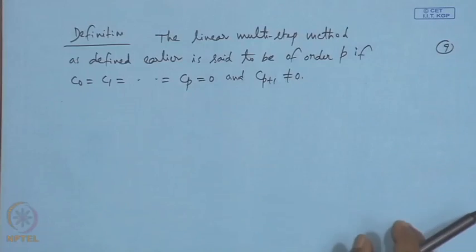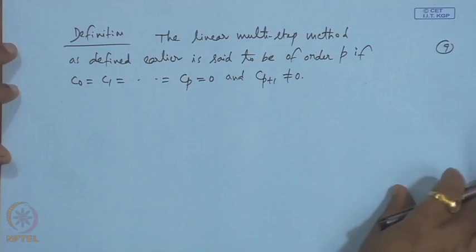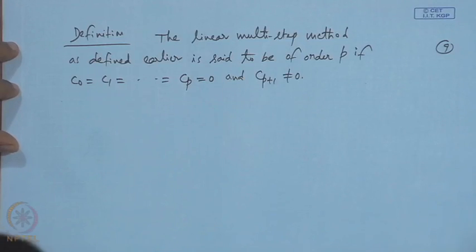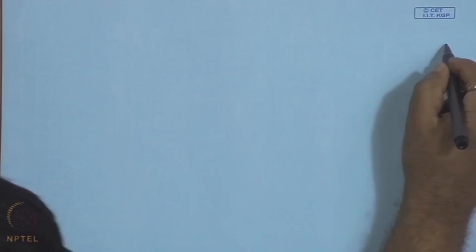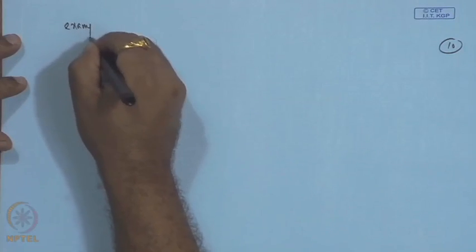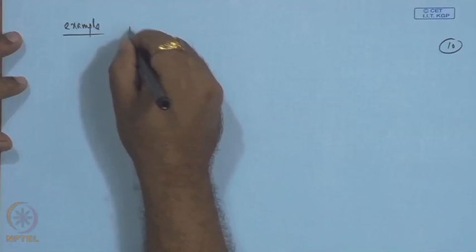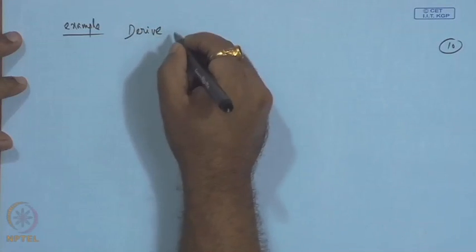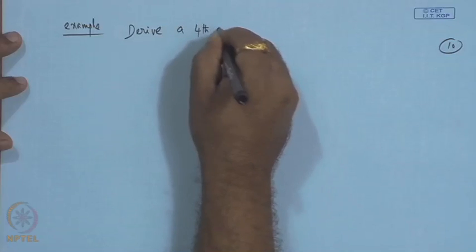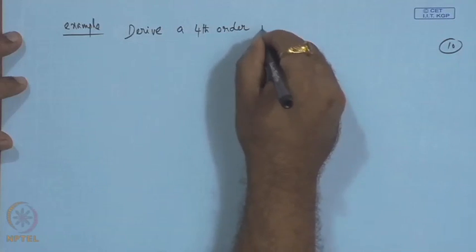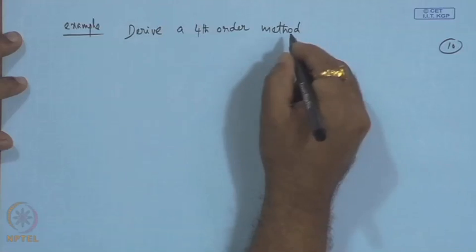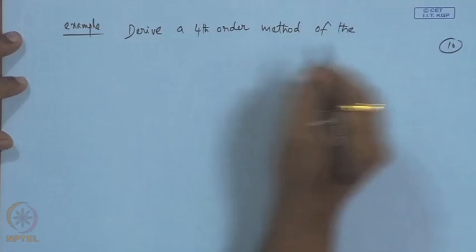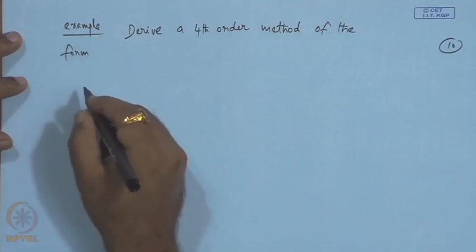So, let us look at a specific case for how do we derive, for a given problem, how do we determine the coefficients. So, example, derive a fourth order method of the form